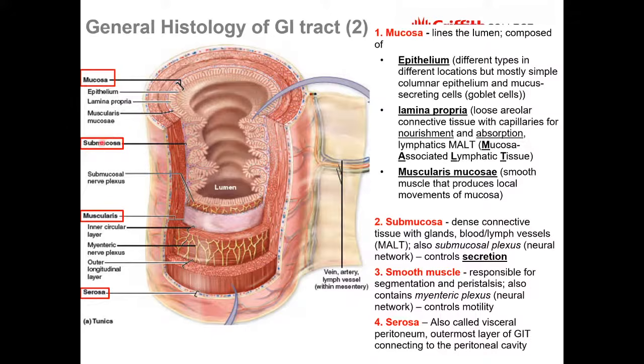Now, the next layer we have here is our submucosa. So this has a lot of dense connective tissue. It has glands. We've also got our submucosal plexus network, which helps control a lot of these different secretions. We've got smooth muscle. This helps us to